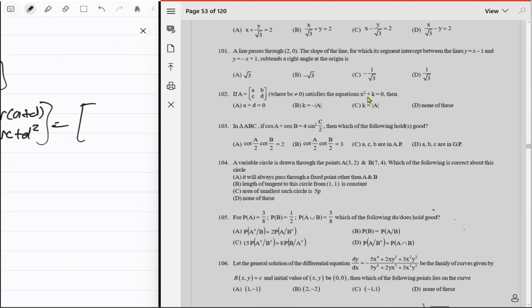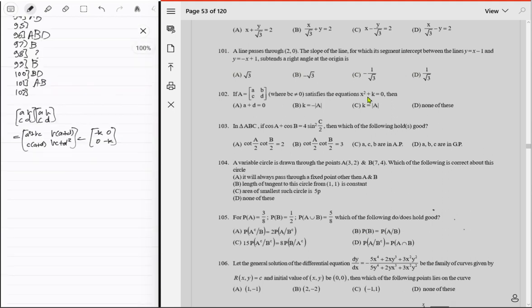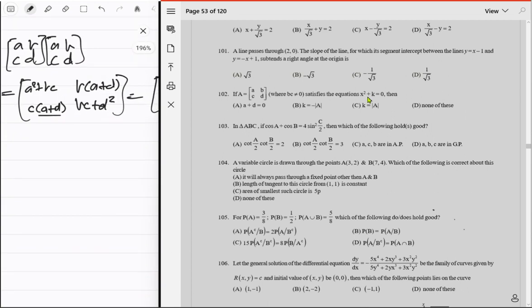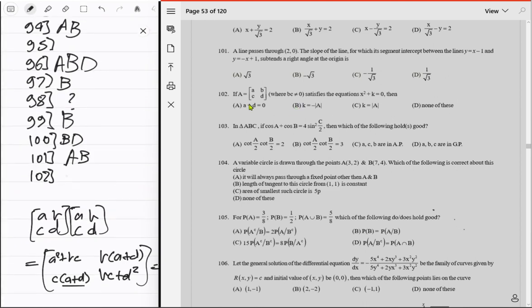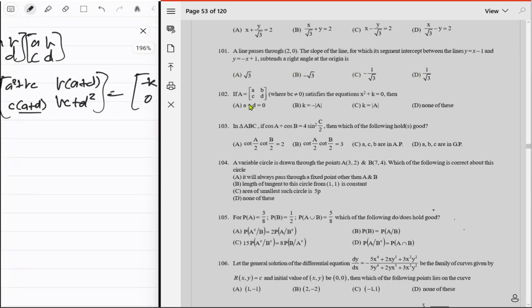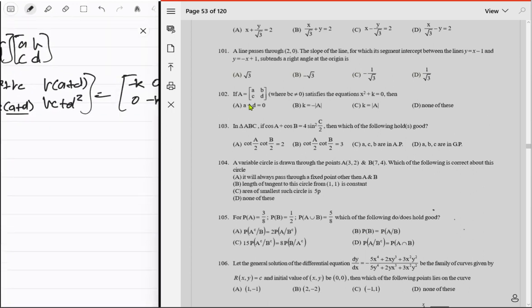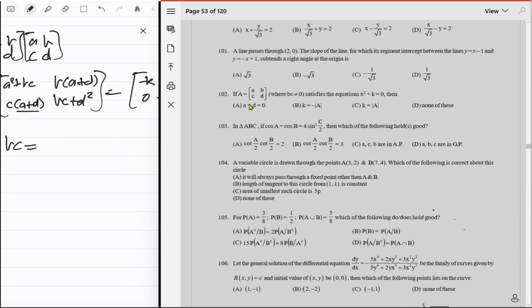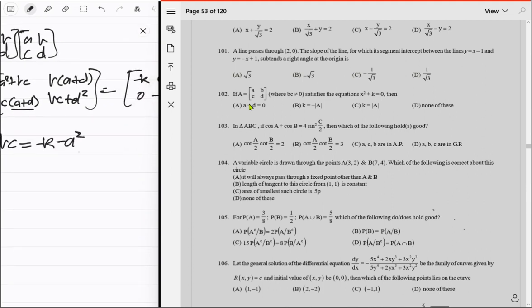Okay, negative k identity matrix, which is negative k 0, negative k 0. What does this mean? That this must be 0, right? A plus D should be 0 because BC is not equal to 0, it's been said. So A is correct. And if that happens, like A and D are just negatives, okay, then this satisfies. Got it. And then also BC is just equal to negative k negative A square or negative k negative D square, right? Because yeah,